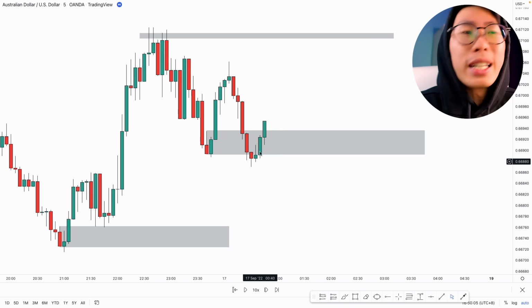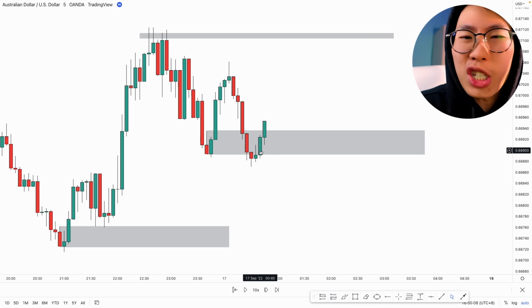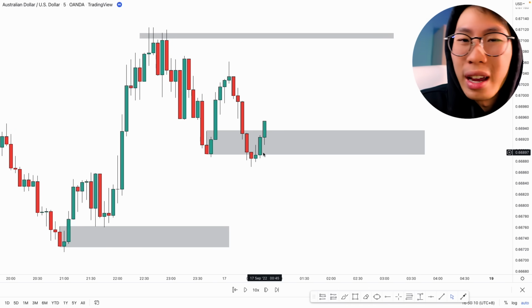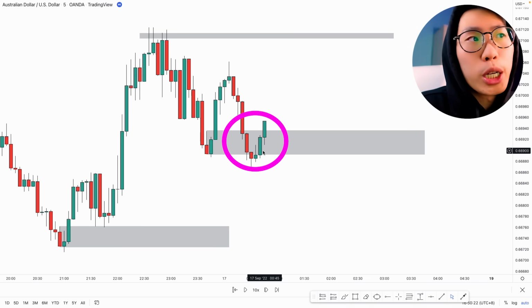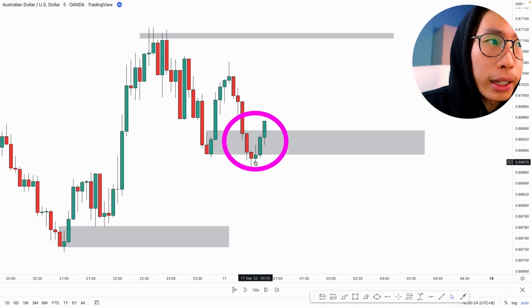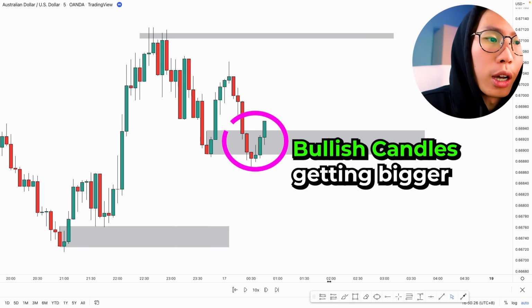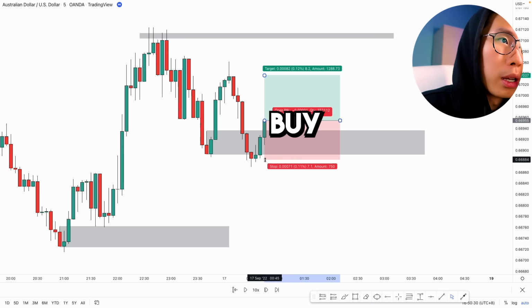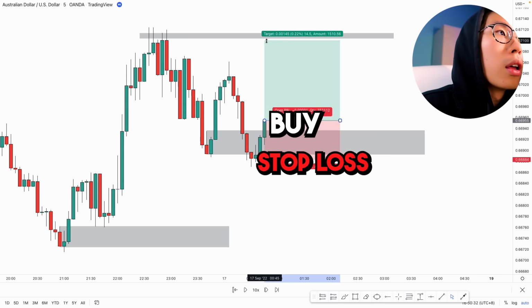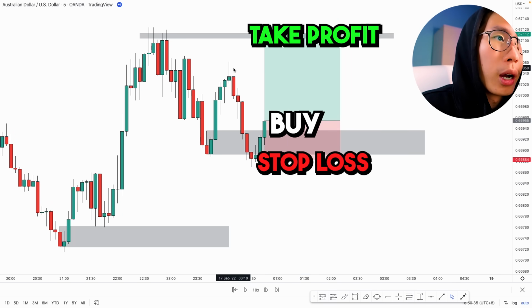So at this point in time, this gave us a confirmation that price is not breaking past this demand zone. This demand zone is solid and we're gonna head back up. This is the bullish confirmation that we are waiting for. You can see the green candlesticks are getting bigger and bigger. So at this point in time, I'll just enter for a buy somewhere right around here, place my stop loss below this demand zone, take profit at the supply area that is being formed right here, and look how this